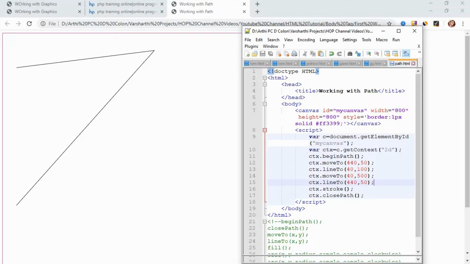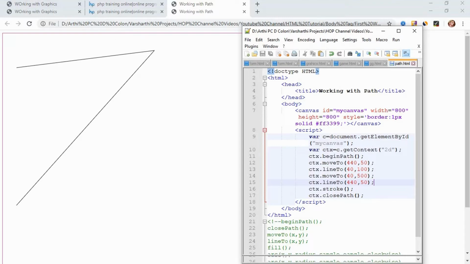We have to draw a line like this, right? Hence we have to start the x-axis value as 440, which is the end point of the previous line we have drawn, right? 440, 50. So just save and run your program. Yes. So here the line has been drawn from the x-axis 440 to the x-axis 40.